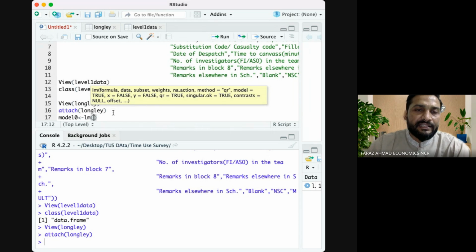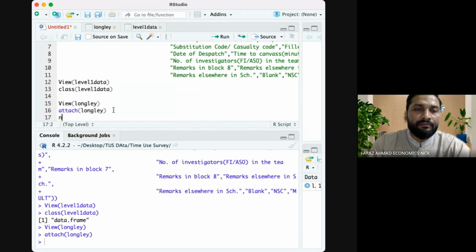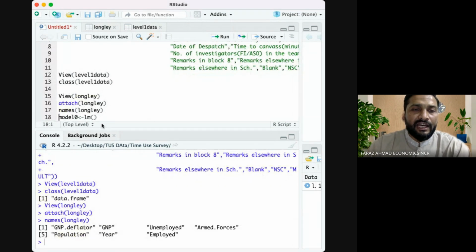अच्छा, इससे पहले मैं कुछ नेम्स लिख लेता हूँ, तो नीचे नाम आ जाएंगे तो लिखने में इजी होगा। तो आई एम डूइंग अ रिग्रेशन ऑफ एम्प्लॉयमेंट ऑन अदर वेरिएबल्स। बाकी वेरिएबल्स, हाउ डू दे डिटरमाइन एम्प्लॉयमेंट। So I'm doing a model of employment. Employment depends on GNP, armed forces, population, all these things. Let us assume that. So for that, we have to write